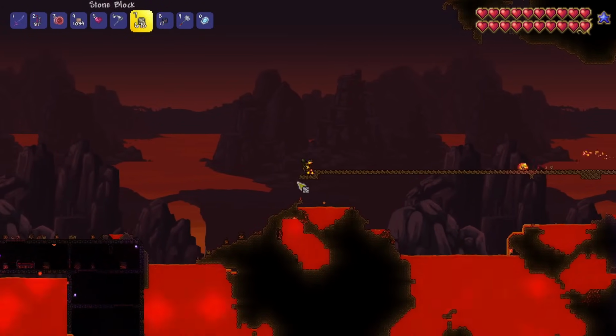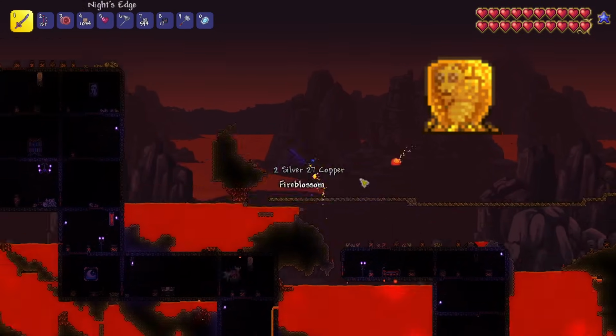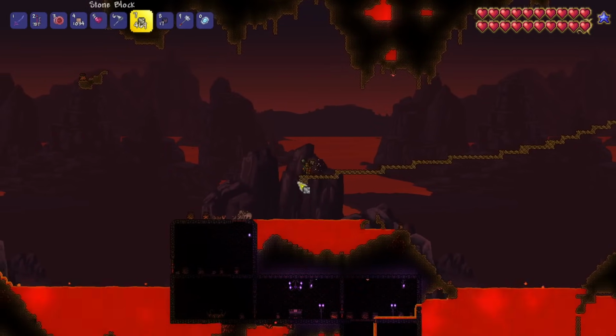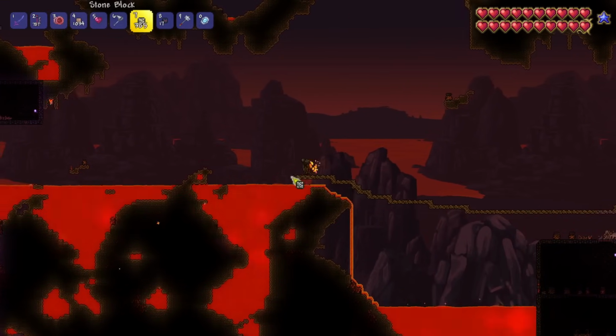If you haven't already, I'd also recommend checking out the Queen Bee. She can be found in the jungle biome inside some wasp nests. So that is one of the bosses we've not covered, but it's not necessary to progress through the game. She does drop some useful items and weapons that could help us with the fight, especially if you're struggling with